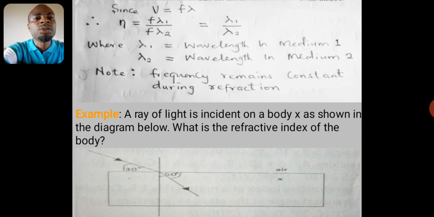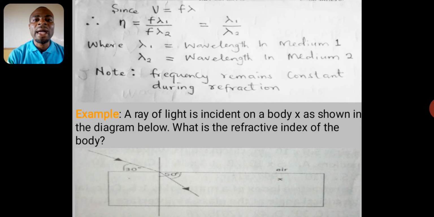If we substitute this into the previous equation, v1 over v2, we will have that n is equal to f lambda 1 over f lambda 2. And f will cancel out, and we have that the refractive index is also given by lambda 1 over lambda 2, where lambda 1 is the wavelength in the first medium, lambda 2 is the wavelength in the second